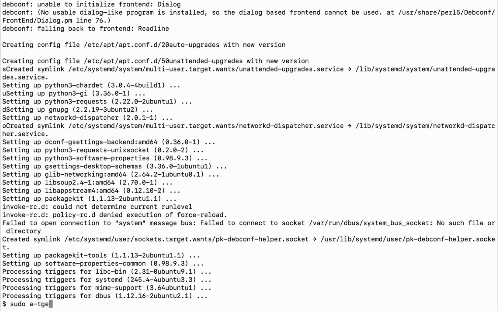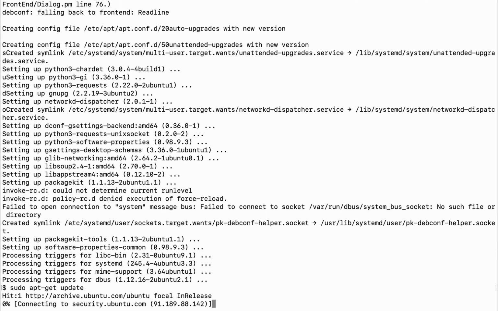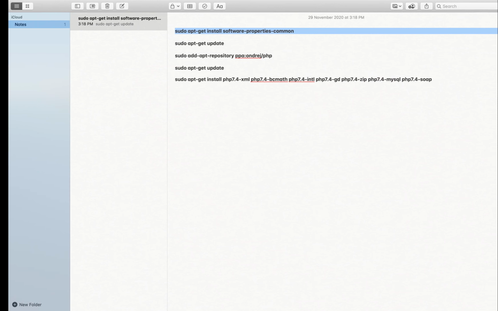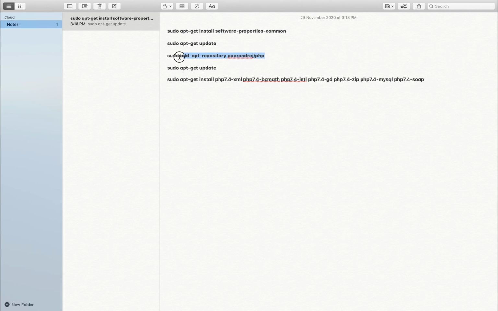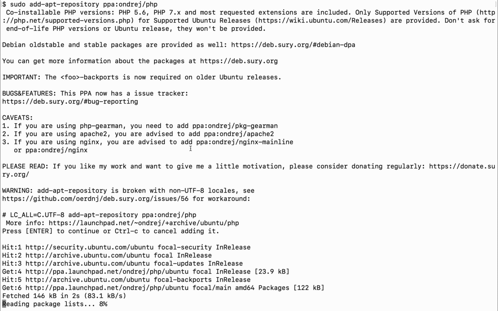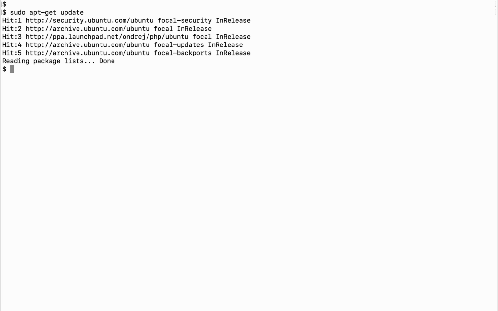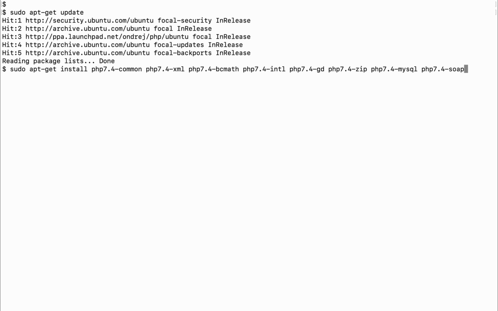Now I will update the system, and then I will add this repository. Once you have done the above operation, run sudo apt-get update, and then finally run the command to install all these PHP extensions.